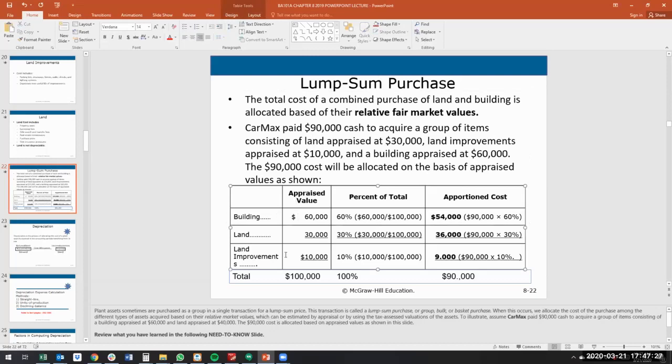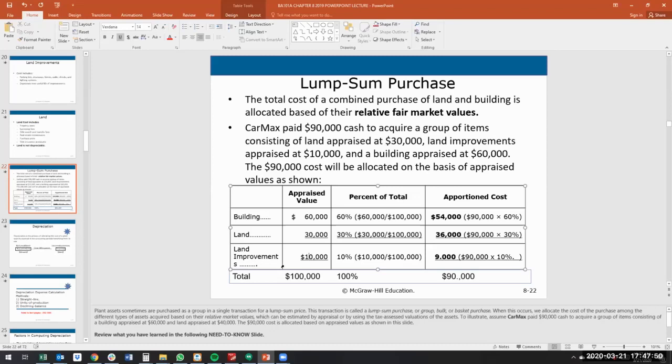Or we're in Ohio somewhere. So we paid $90,000. Well, we have to allocate the value of the bundle purchase to each of the assets, the building, the land, and the land improvements. Each of these assets are going to be disclosed separately on the financial statements. It's all going to be in plant, property, and equipment, but then there'll be a disclosure stating what's in that